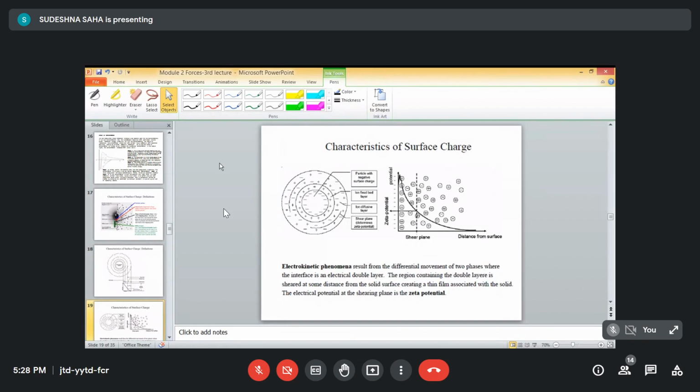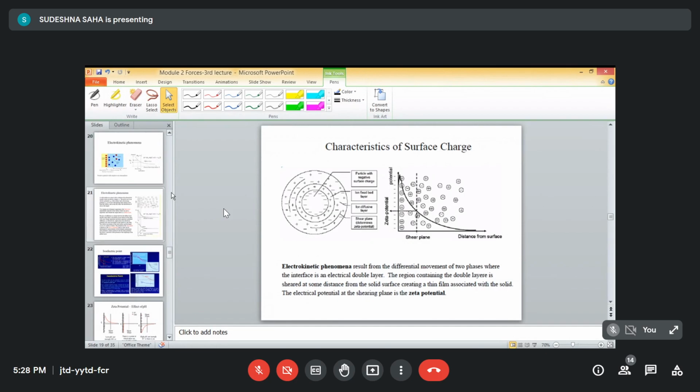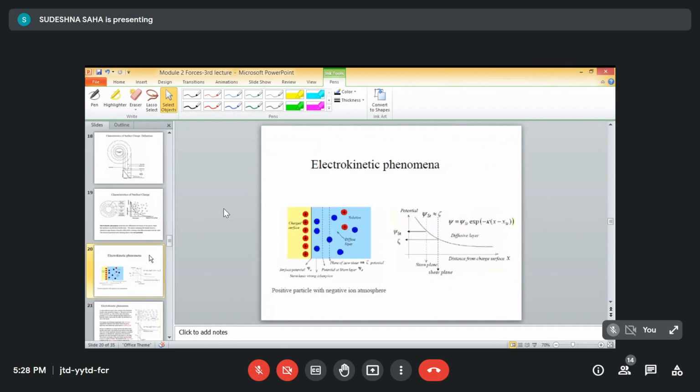Zeta potential is an electrokinetic phenomenon, which results from the differential movement of the two phases, where the interface is an electrical double layer, and the region containing the double layer is sheared at some distance from the solid surface, which is known as the shear plane. The electrical potential at the shear plane is known as the zeta potential. We can measure the zeta potential by using the zeta sizer instrument, but before going to that, we can write